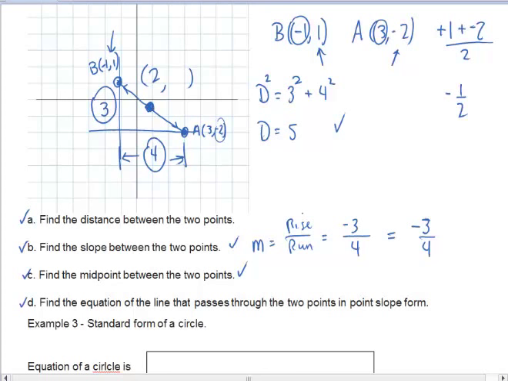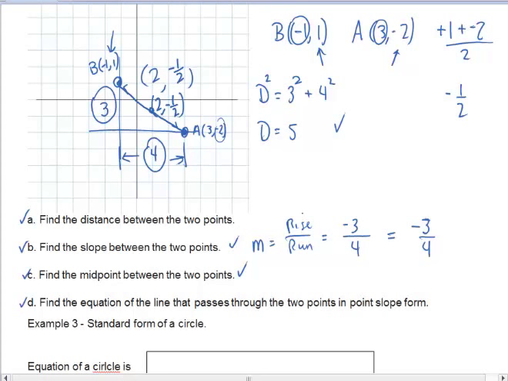So you can see here that the midpoint is going to be at 2 comma negative 1/2, and that's the average value of the coordinates for